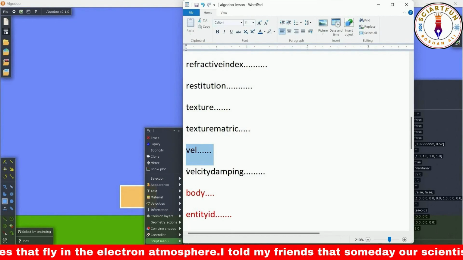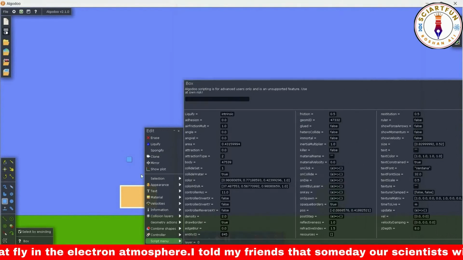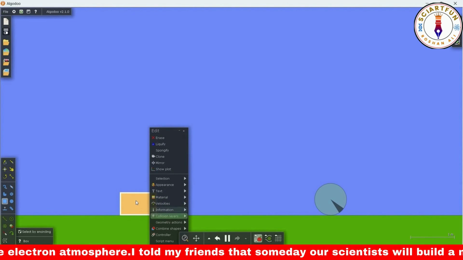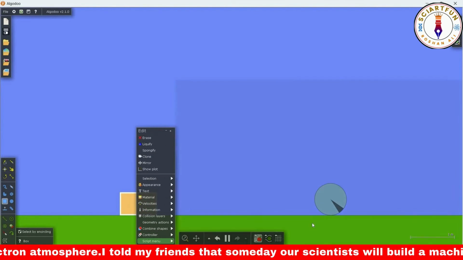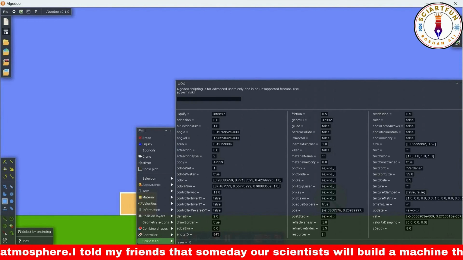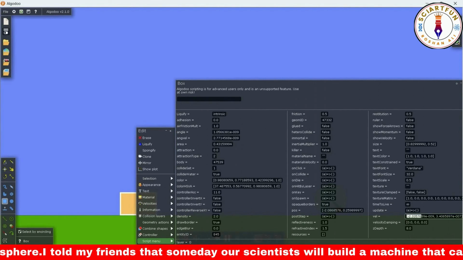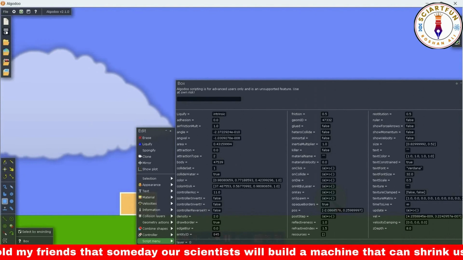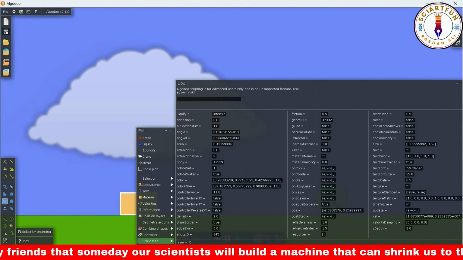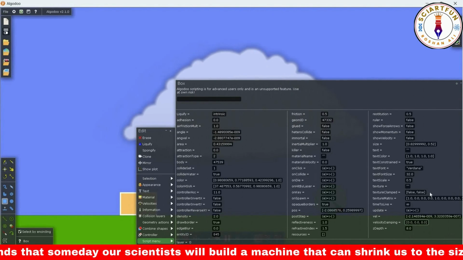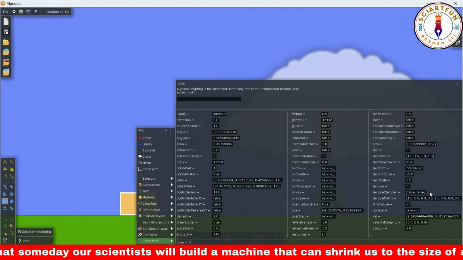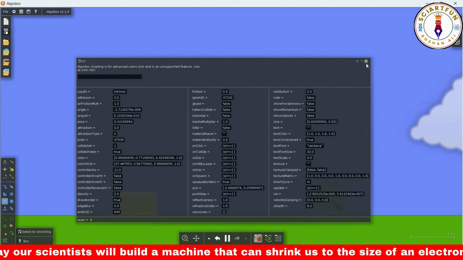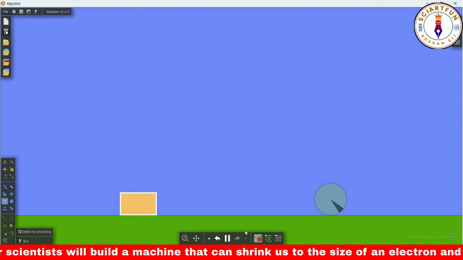Velocity damping. This property affects the velocity of an object by gradually slowing it down until it comes to a stop. When an object is given an initial velocity, it can continue to move indefinitely unless acted upon by another force or object. This can make it difficult to create realistic simulations, especially if you want objects to slow down or stop over time. Velocity damping allows you to gradually decrease an object's velocity over time, simulating the effects of